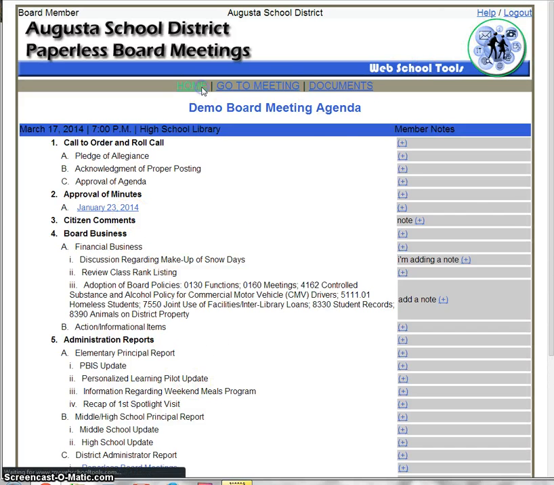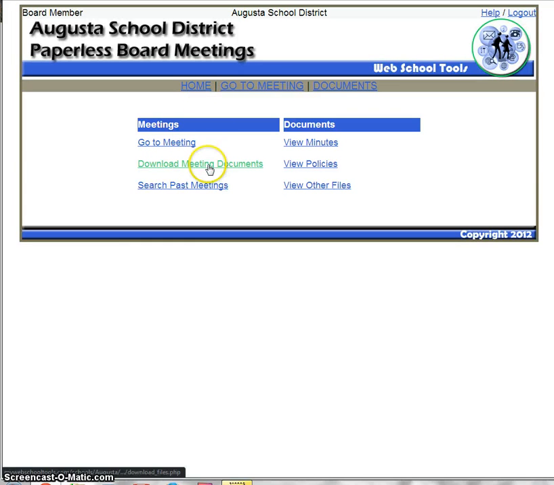And probably the last thing is, in case you don't have internet access, you could always download your documents, and that way you could still have all the files even if you didn't have web access. So that's pretty much the basics for a board member, and now we'll go on to talk about a public